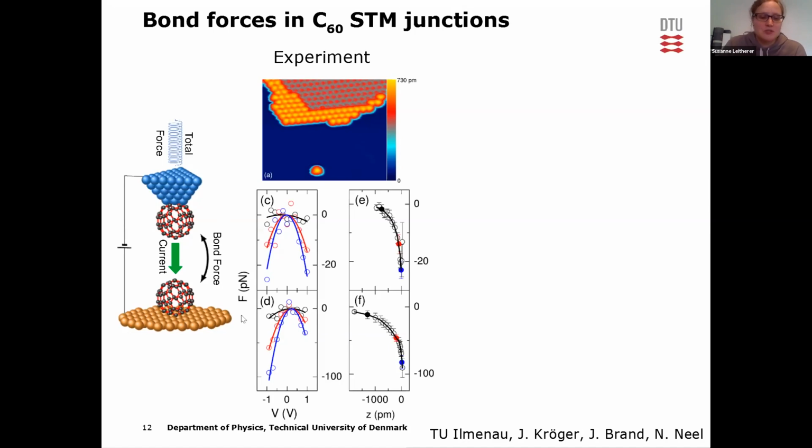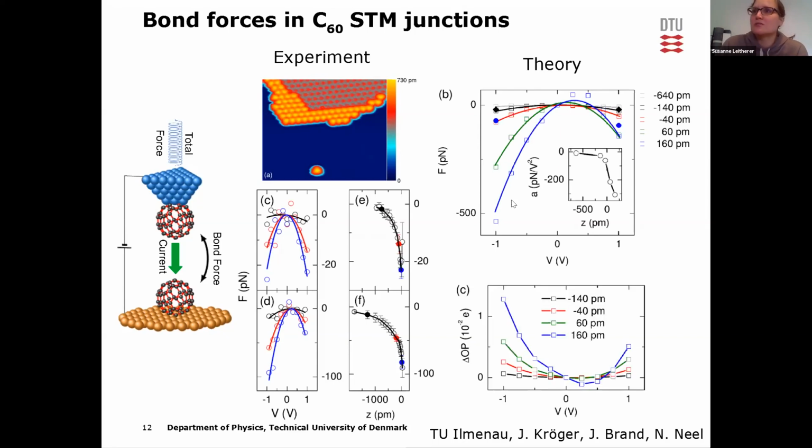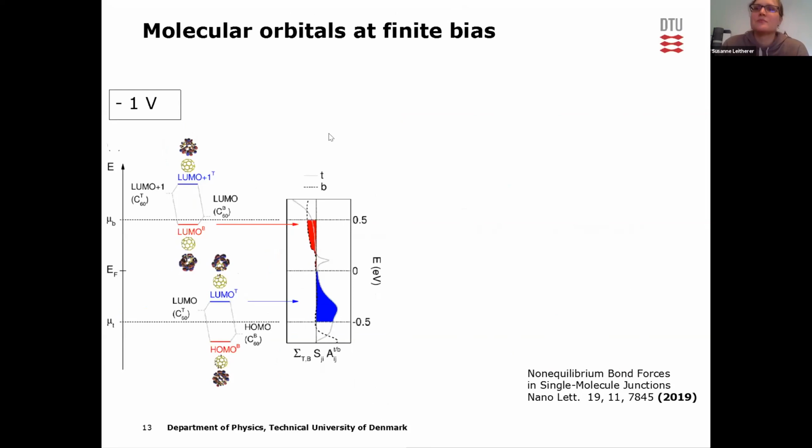the bond between the two C60s that is formed. We can nicely reproduce the parabolas here, in the case with also the higher attractive force at negative bias. And we also find the correlation to the change in the bond charge, so the bond between the two C60s. In our paper, we have also analyzed which are the orbitals